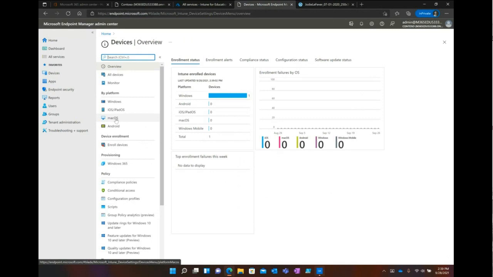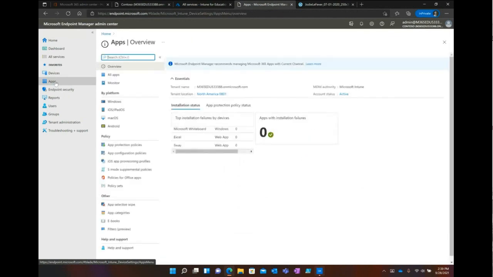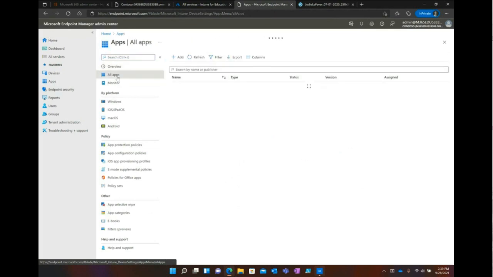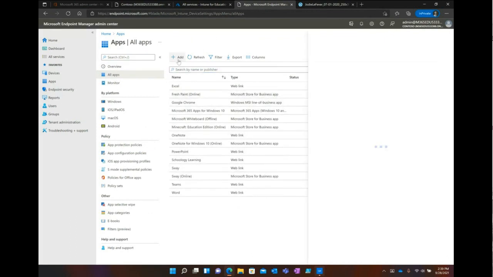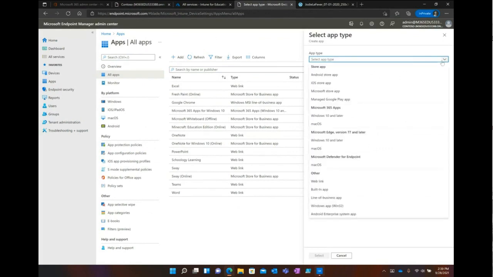So I did mention you can only do MSIs in Intune for Education. In Intune, we have a lot of options. So under Apps, I'm going to go to All Apps just to show you everything that's in here. And these are my current apps, and it tells you what they are. If I go to Add an App and select the app type, we have all the different versions of our store apps.